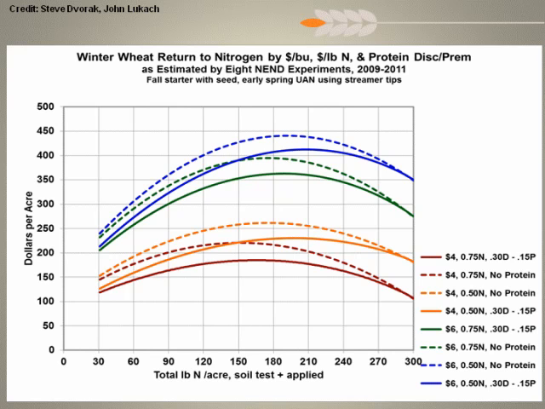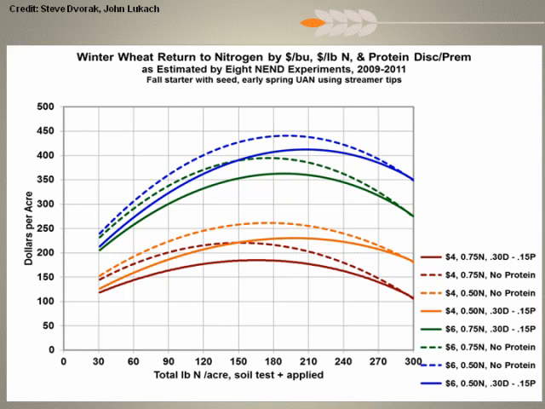He also incorporated a discount and protein premium in one of the lines. The dotted lines have no protein premiums or discounts. The solid lines in each of those brackets use a 30-cent discount per point or a 15-cent premium per point